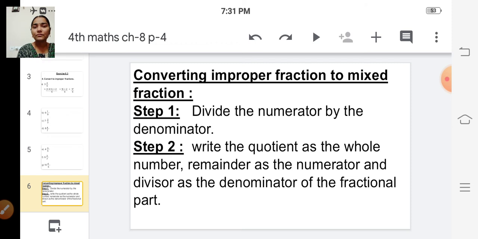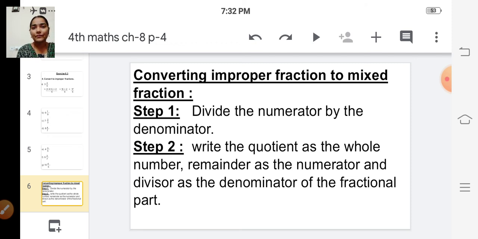There are two steps. Step 1, divide the numerator by the denominator. Step 2, write the quotient as the whole number, remainder as the numerator, and divisor as the denominator of the